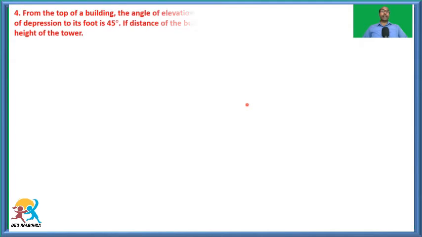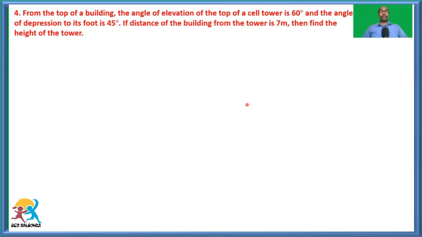So in previous class, we had started exercise 12.2 of the applications of trigonometry. And already we had completed 3 problems in that exercise. Now, shall we start the 4th problem? Okay. Yes. The 4th problem is, from the top of a building, the angle of elevation of the top of